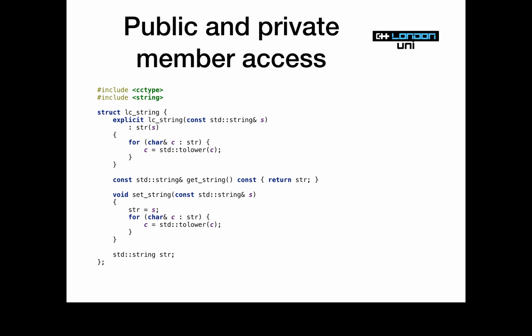The language assumes you don't want it. It assumes that you only ever want to be able to create one through your constructor. You could declare a default constructor and just do equals default. As long as all of the fields, so in this case the string at the bottom, are also default constructible, you can just turn it back on with equals default. The point is you have to explicitly turn it back on, because that's a safer default to have. Okay, thank you. And there's a good reason for this that I'll come to in a minute, actually.